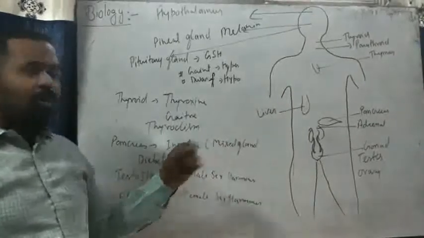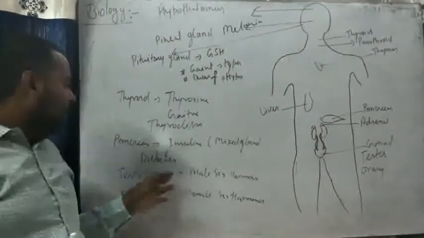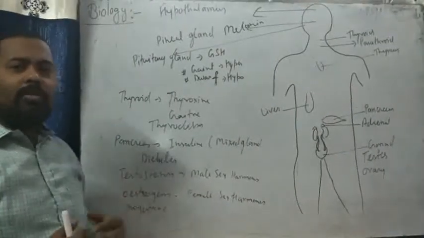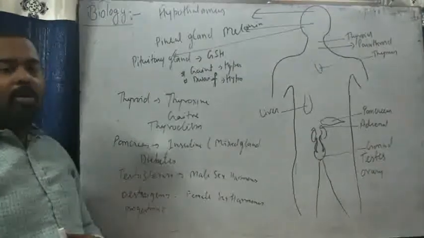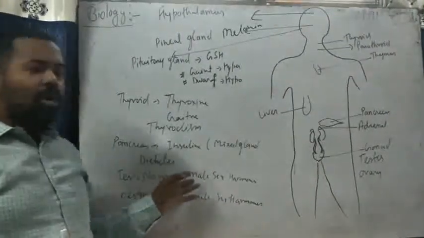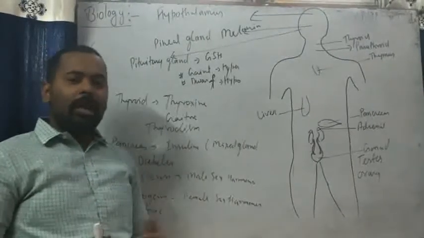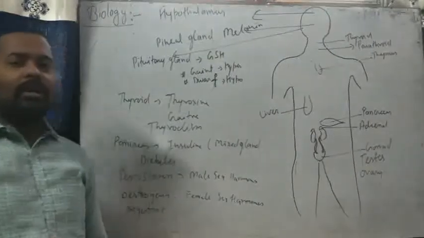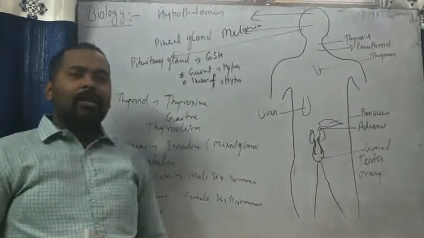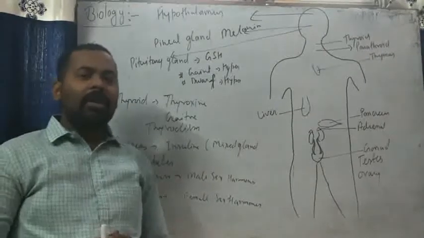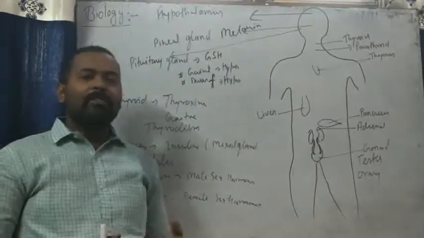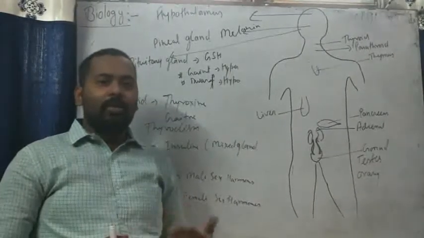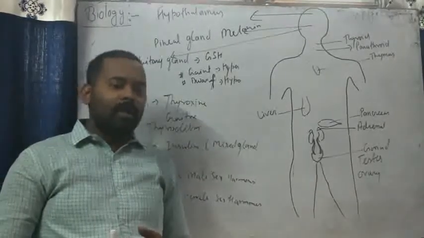And next is our gonad gland, which in males is the testis, secreting testosterone, and in females, estrogen and progesterone are the female sex hormones. If we talk about the testis, testosterone is a male sex hormone which helps in the growth of secondary sexual characteristics in males. What are secondary sexual characteristics in males? After attaining the puberty age or adolescence, after age 13, secondary sexual characteristics like broad shoulders, beard and mustache arise in their body, hair arises in their pubic region, and sperm production starts from their testes.